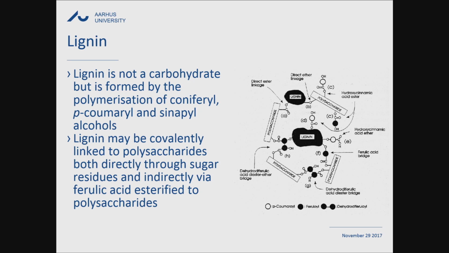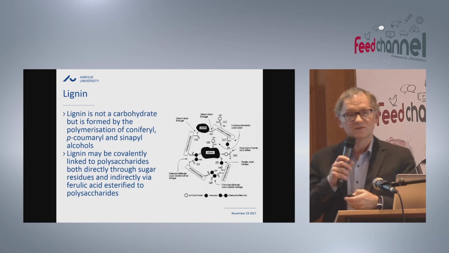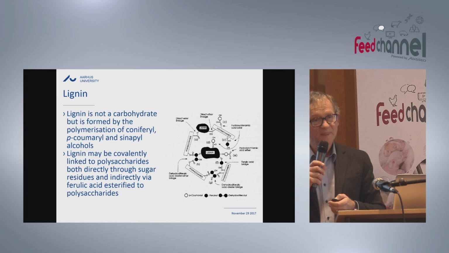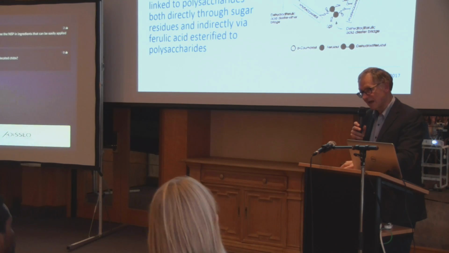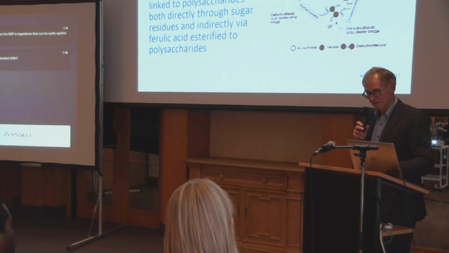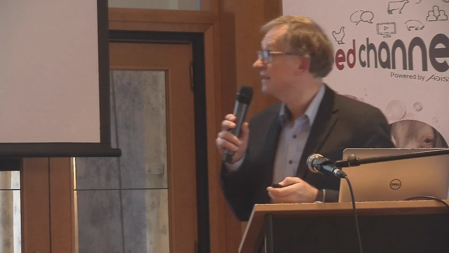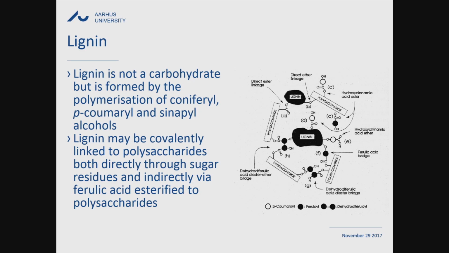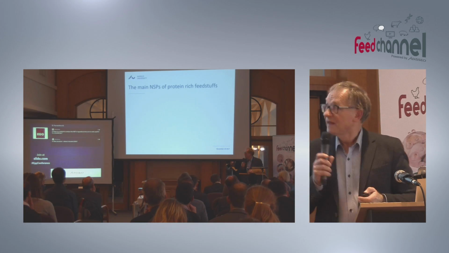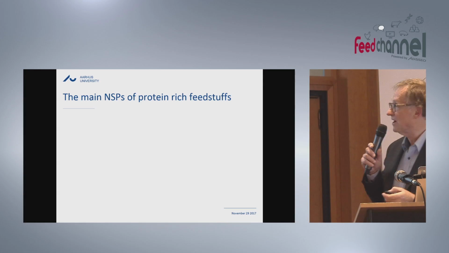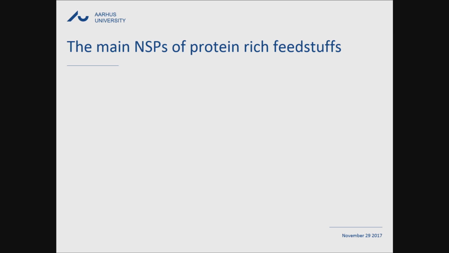You will see lignins present particularly in the outer parts of the grain, for instance of cereals, whereas you will not find lignins in the endosperm, and actually not in the aleurone cells either. The main purpose of the lignin is to cement the different polysaccharides together and give a very, very rigid structure. This was about the main components we see in cereals.